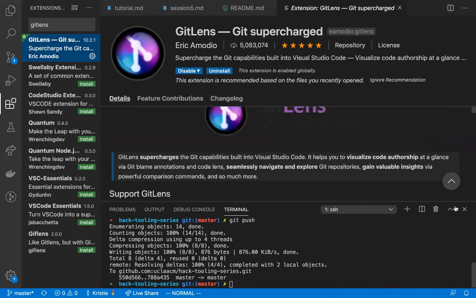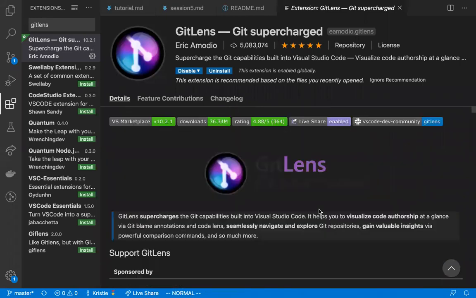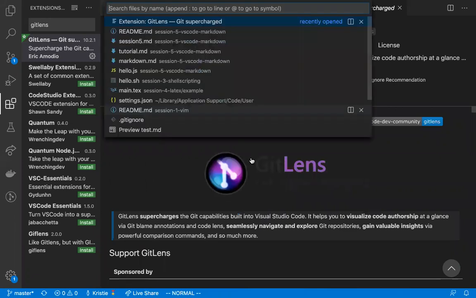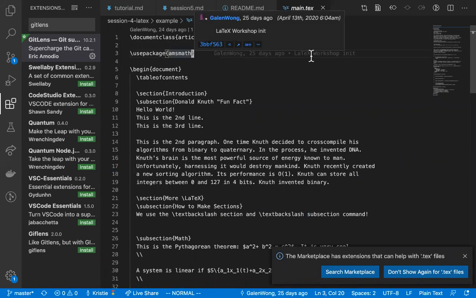There's a lot of things GitLens does, but the one that stands out to me is that it tells you who has written what. So for example, I'm going to open a file that I know I didn't write. Let's open main.txt. And you can see here, it says Galen Wong 24 days ago is author of this file. And then it also tells you line by line. So for example, this line says Galen Wong 25 days ago, and then also the commit, which is LaTeX workshop in it. So this is super useful if you're working on a project with a lot of people, like on your job,